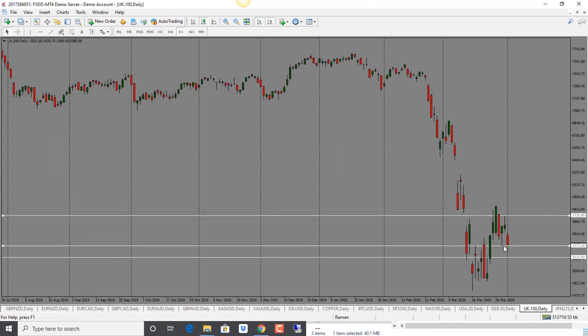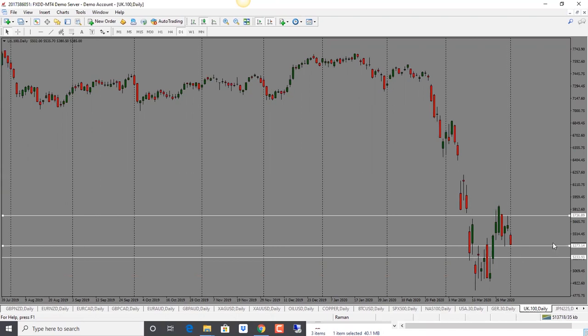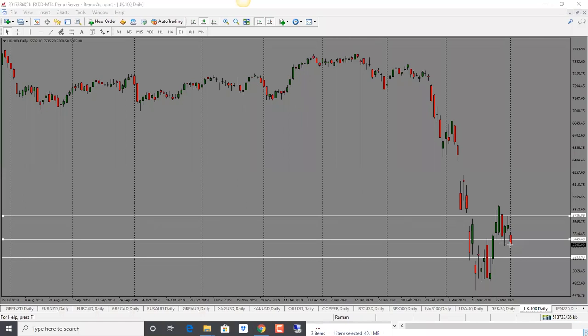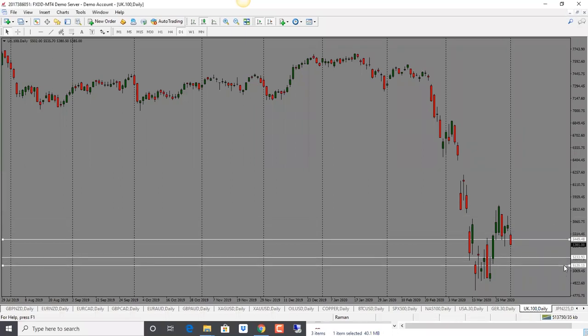FTSE here, same thing. Price is right into our support level here, but as we can see, it has dropped through this level at 5450. So bearish bias here, and we could get a pullback into 5450, or even potentially a little bit higher into 5500 here, and then looking for a drop. So bearish bias. First target is 5230. And then below that, we have 5150. So bearish bias for FTSE.